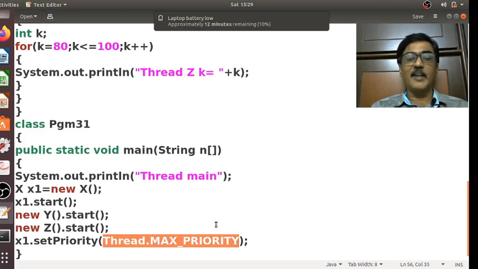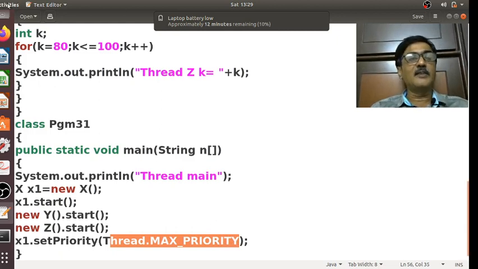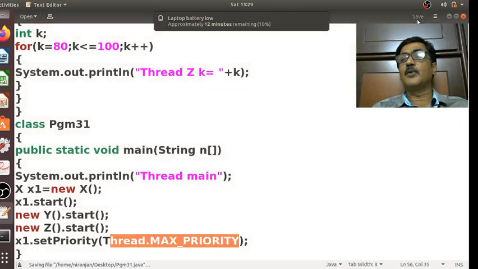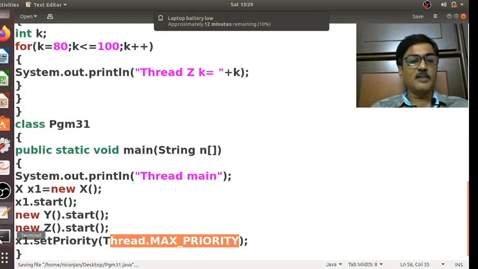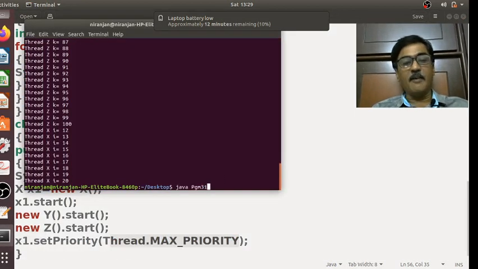Instead of writing Thread.MAX_PRIORITY, I could have also given one value between 6 and 10.